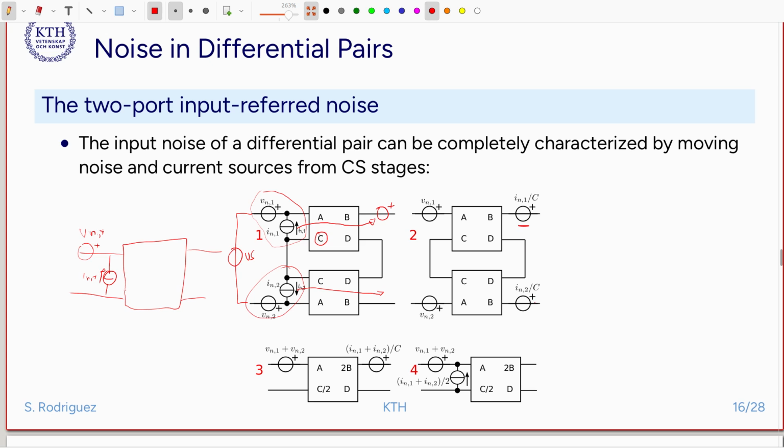And then we can reuse things that we have already learned from the differential pair in previous lectures. A differential pair formed by the two-port networks ABCD becomes a two-port network in which the voltage gain is the same, the transconductance gain is half, the transimpedance gain is twice as big, and the current gain is exactly the same. Now these two voltages are in series with the output, so this is in series with the output voltage. So we can pile them together, like we do here. And then we can move this output voltage towards the input